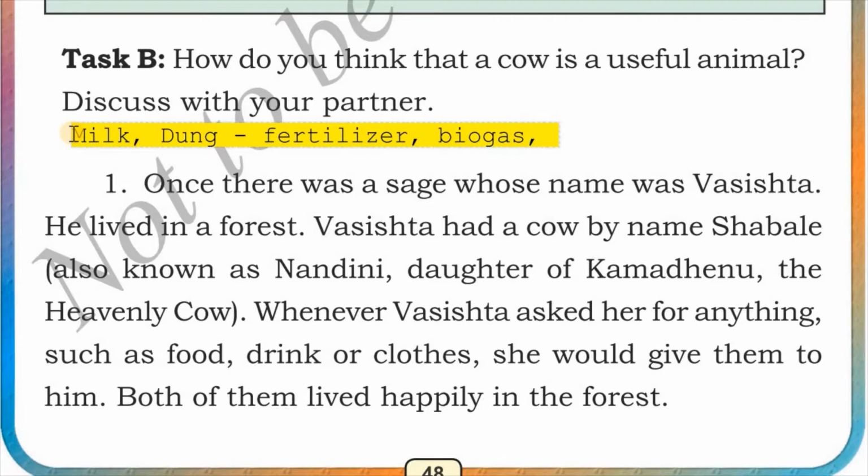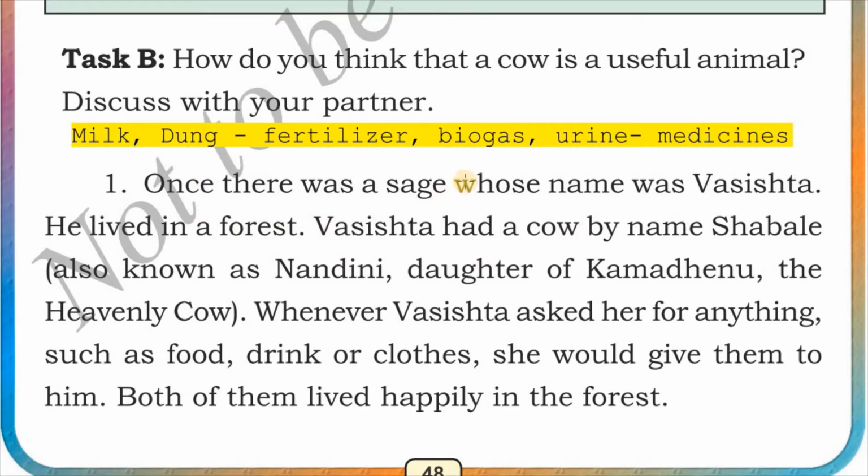Also, urine of cows is used in certain medicines. These are some uses of cows. Another very important use of cows is that they play a major role in agriculture and animal husbandry. Think about all these pointers and come up with more reasons about why we think cow is a useful animal. Now let us start the lesson.